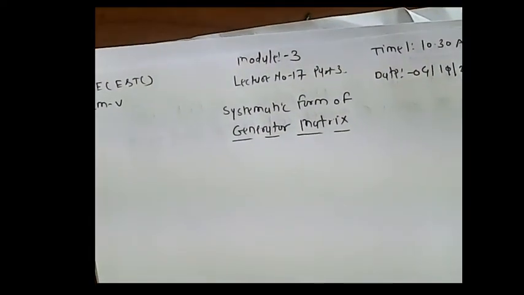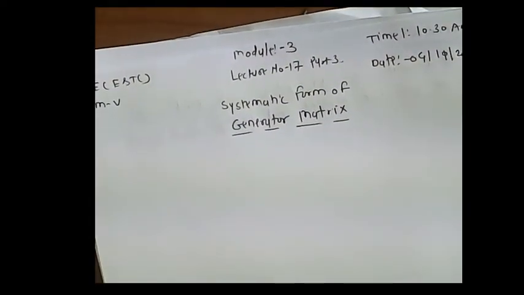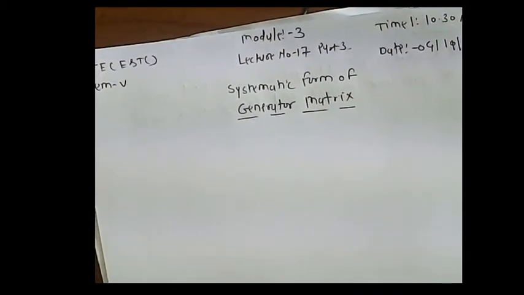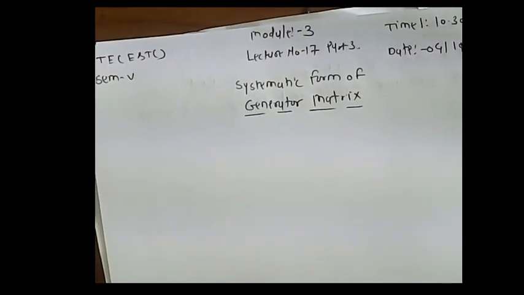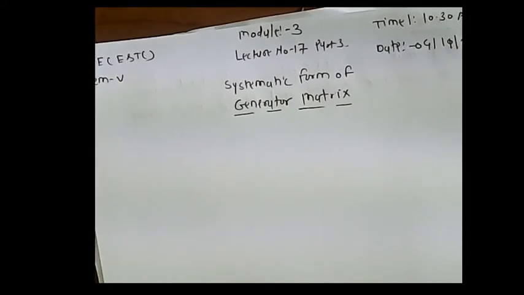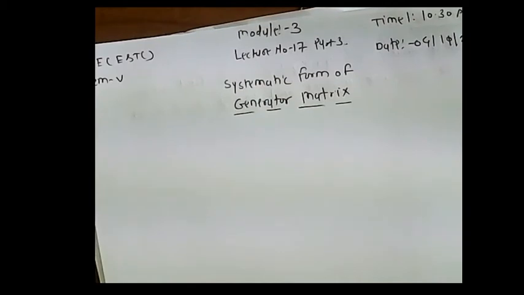Today I am going to explain cyclic code. The concept related to cyclic code is the systematic form of generator matrix. In the previous lecture, part 2, lecture number 17, we discussed the numericals based on cyclic code and how to find the generator matrix, then the code word polynomial, all these things by using the message polynomial and generator polynomial.